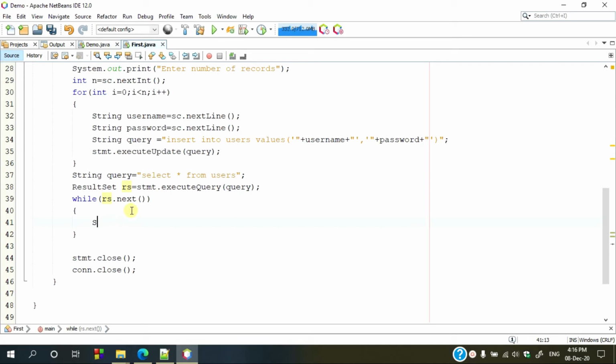System.out.println, username is, and you can get it by using the rs.getString method. As username is a string, use the getString method. For this method, you can pass either the column number or the name of the column itself. Let's pass the column number. So this is username, and